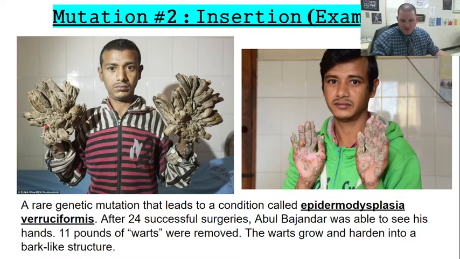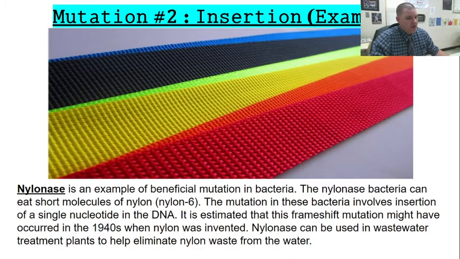Obviously, there's different ways to affect them. You could have gotten them removed earlier. He had them growing out of control at that point, though, to where he had these growths on his hand. And then another one that's kind of a positive spin on it is with bacteria,